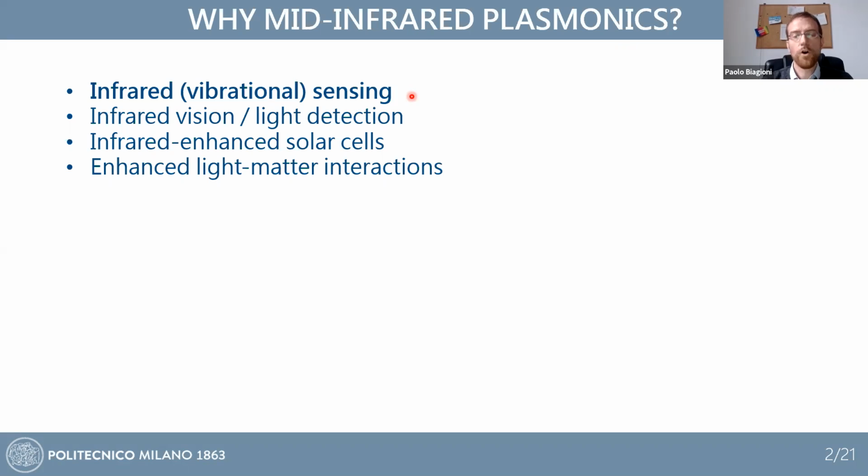But of course, there are all the application fields of plasmonics that we are used to in the visible that are also translated to the mid-infrared. So the enhancement of infrared vision systems or light detection in general, possibly also some applications in terms of enhancing the infrared response of solar cells. And more generally, plasmonics is about enhancing light-matter interactions between nano objects and wavelengths which are much larger than the objects that you consider. And this was the starting point for mid-infrared plasmonics,